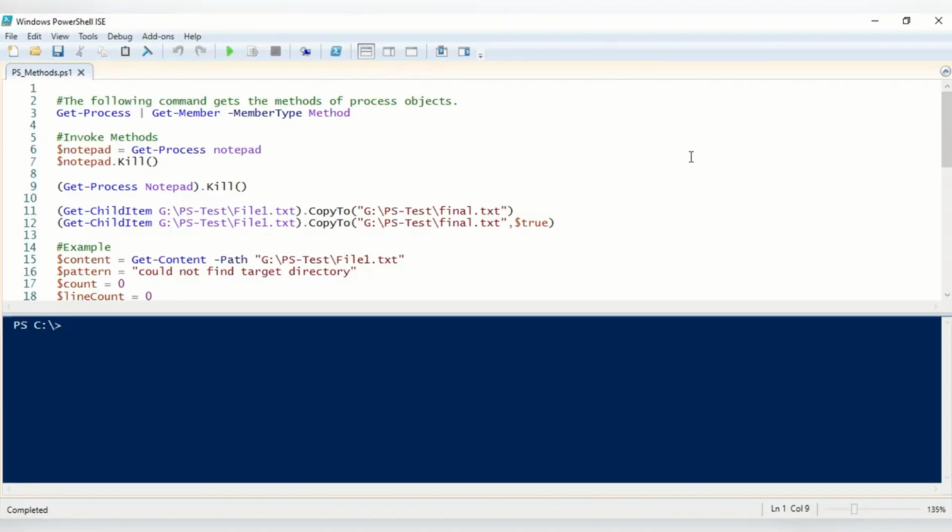So PowerShell uses objects to represent the items in a data store or the state of a computer. For example, a file info object represents the files in the file system drive, and a process info object represents the process on the computer. So objects have properties which store the data about the object, then methods that let you change the object. So to get the methods of any object, we can use the get member cmdlet using member